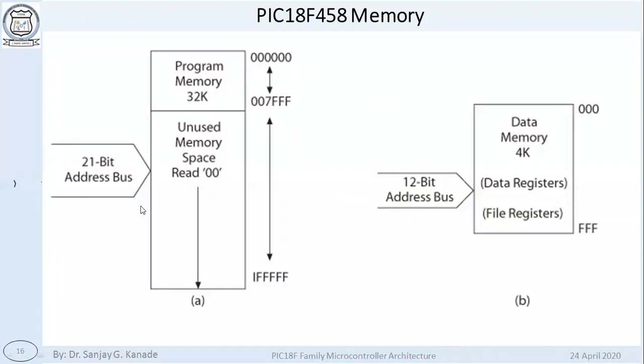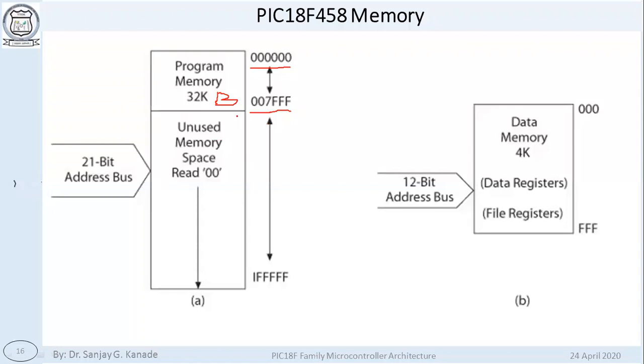Now, this is in short what we have inside the microcontroller. As I said, as far as the program memory is concerned, it is only from 000000 to 007FFF, which comes to 32K, and each location will hold 8 bits, which means 1 byte. So the total program memory available to us is 32 kilobytes.